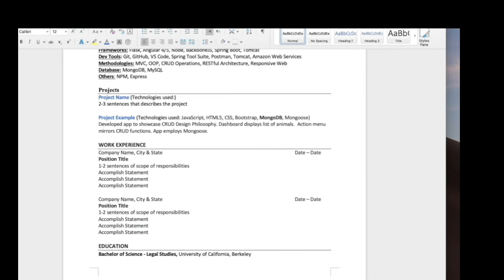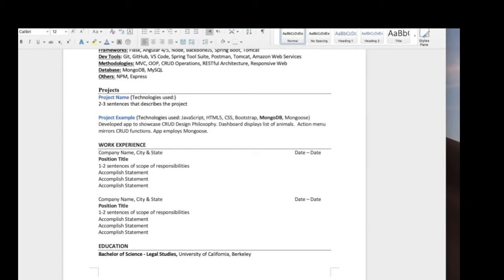Now we can go back into what I would say is the typical format resume, which is the work experience. And this is going to be pretty much the same. It's going to be the standard across all resumes from here on out, which is you're listing your work experience: the company name, city and state, put the dates over there at the right-hand side, right-aligned. 1 to 2 sentences on the scope of your responsibilities, and then list several accomplishment statements. Essentially ask yourself, okay, how do I know I did a good job with these responsibilities? So that's what your accomplishment statement is. And as you can see, I put two positions there. It depends on what you have with your work history.